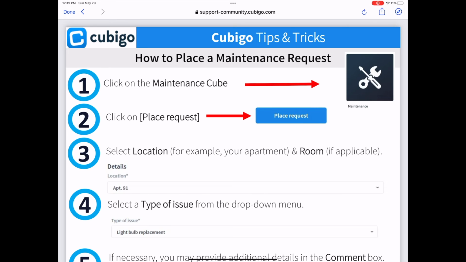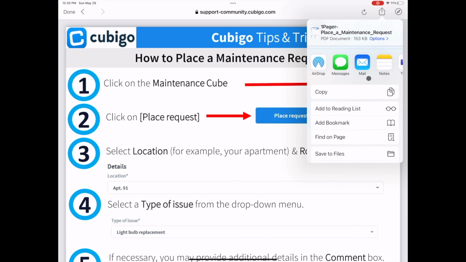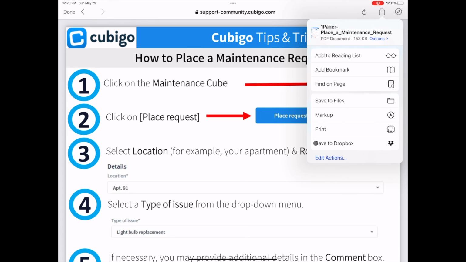To print this from an iPhone or an iPad, you need to have a printer, and it needs to be a wireless printer, so it's connected to your Wi-Fi network. If you have that, you can go up to the share icon in the top right. It looks just like this little box with an arrow coming out of it. We click or tap that icon and then scroll down, and we should see the option right here to print. We hit print,